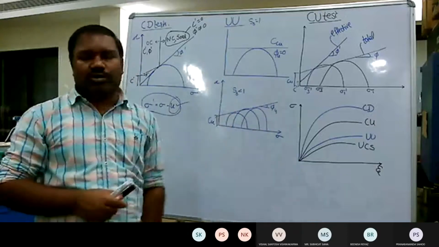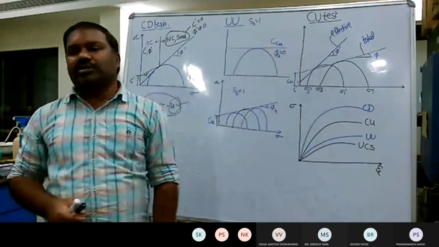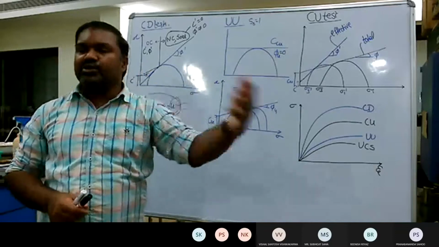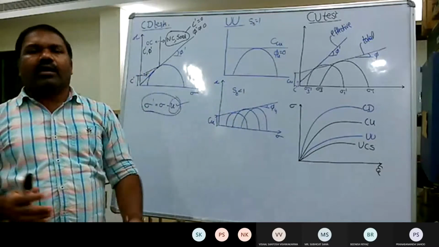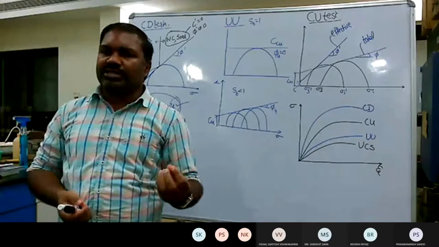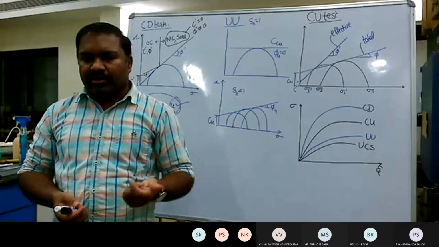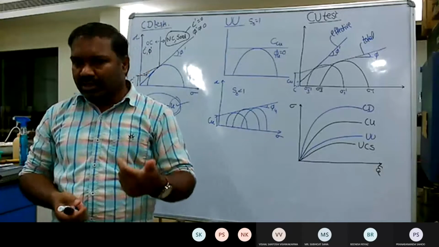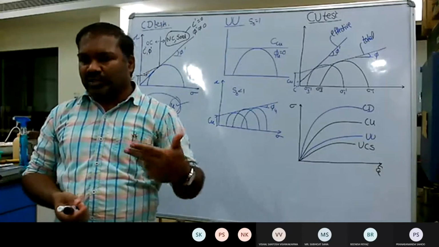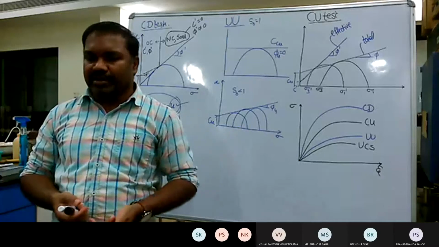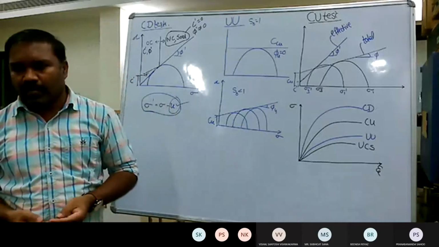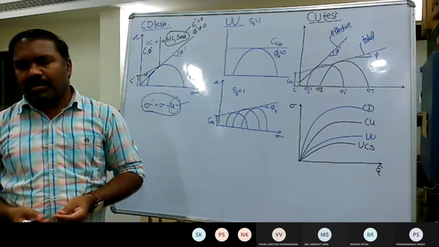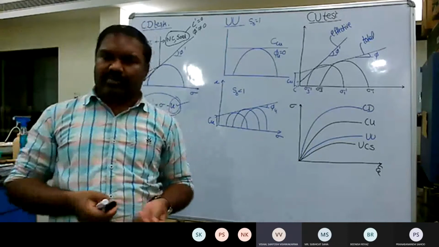See, when you read any book, usually they say the cohesion component is not reliable because its value varies when the sample gets saturated. As an example, take your consistency limits test. As you are adding the water, what is happening to the total strength? What is the strength of the soil at liquid limit? What is the strength of the soil at the plastic limit and shrinkage limit? Are they the same? Different, sir. That's what.